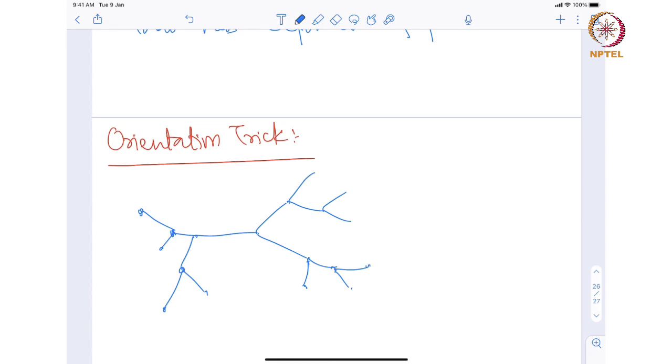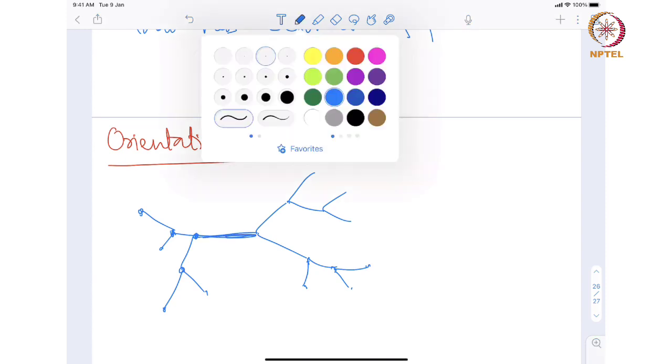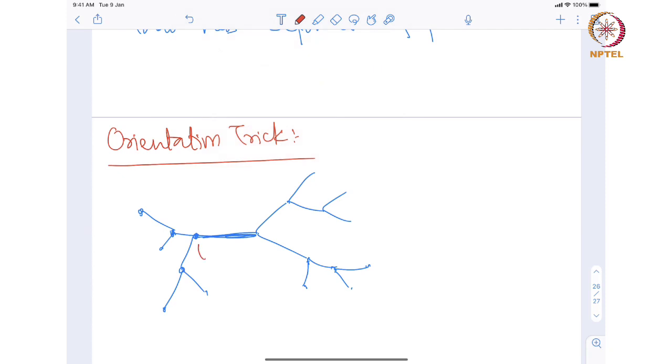Okay. So I just pick up an edge. I pick up this edge, and suppose this edge is T1, T2. And now I ask myself whether